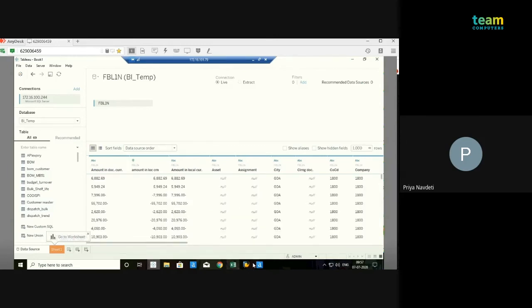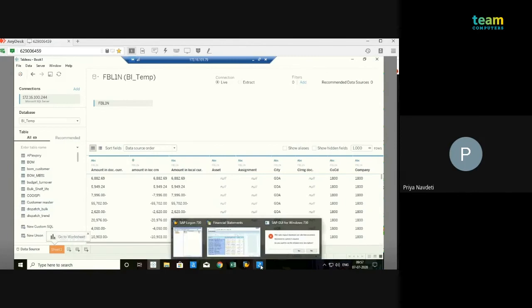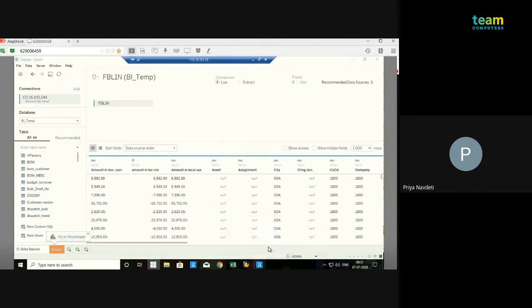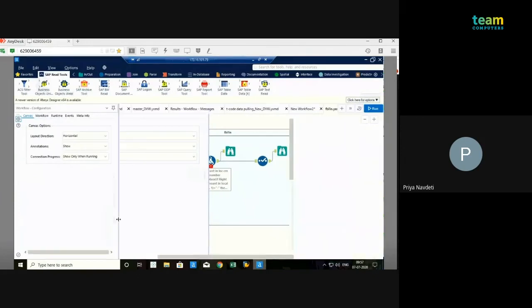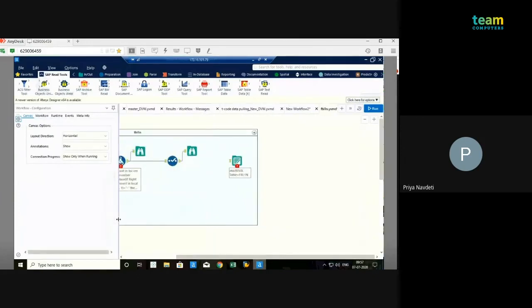This ACS connector will help you to fetch the data from the SAP system, like SAP ECC, HANA, or any SAP BW or any SAP system. We can extract, and we can write the data as well, and then we can use it seamlessly in our work to do any visualization and all that. So this is all about the ACS connector. If you have any queries, you can ask.